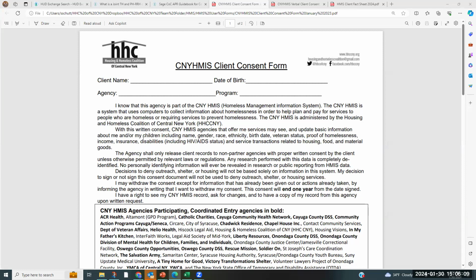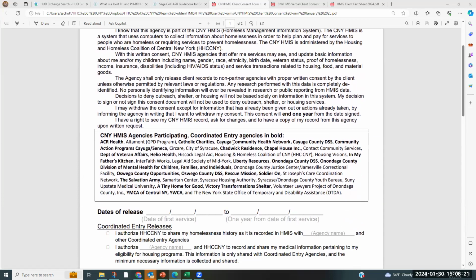If a client wants to continue to sign and update the release, you have to offer that to them every year in order for their data to be visible across the system. So there is a box in each release of information, and it's based upon your continuum of care. So each continuum of care will have their own release of information, including all agencies and providers that are located